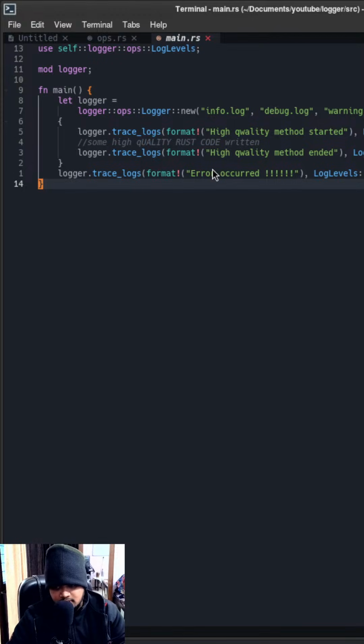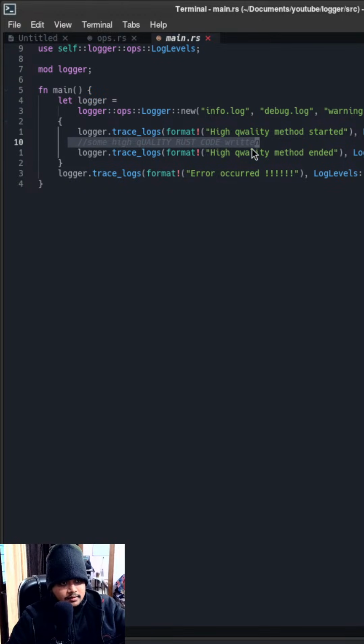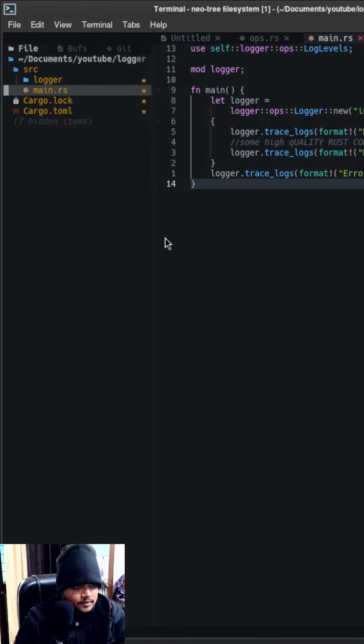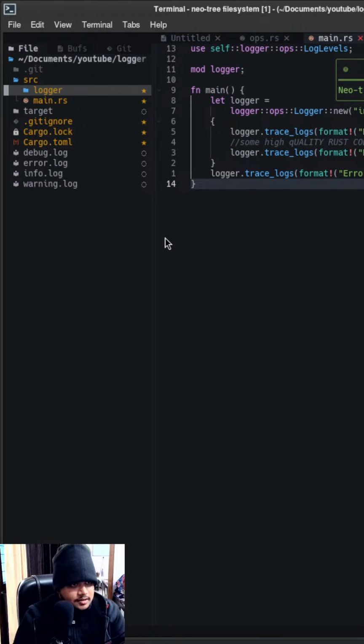So this is the blocking way to do so. How to make it non-blocking is we can use channels over here. For that, maybe we can create, these are the things that